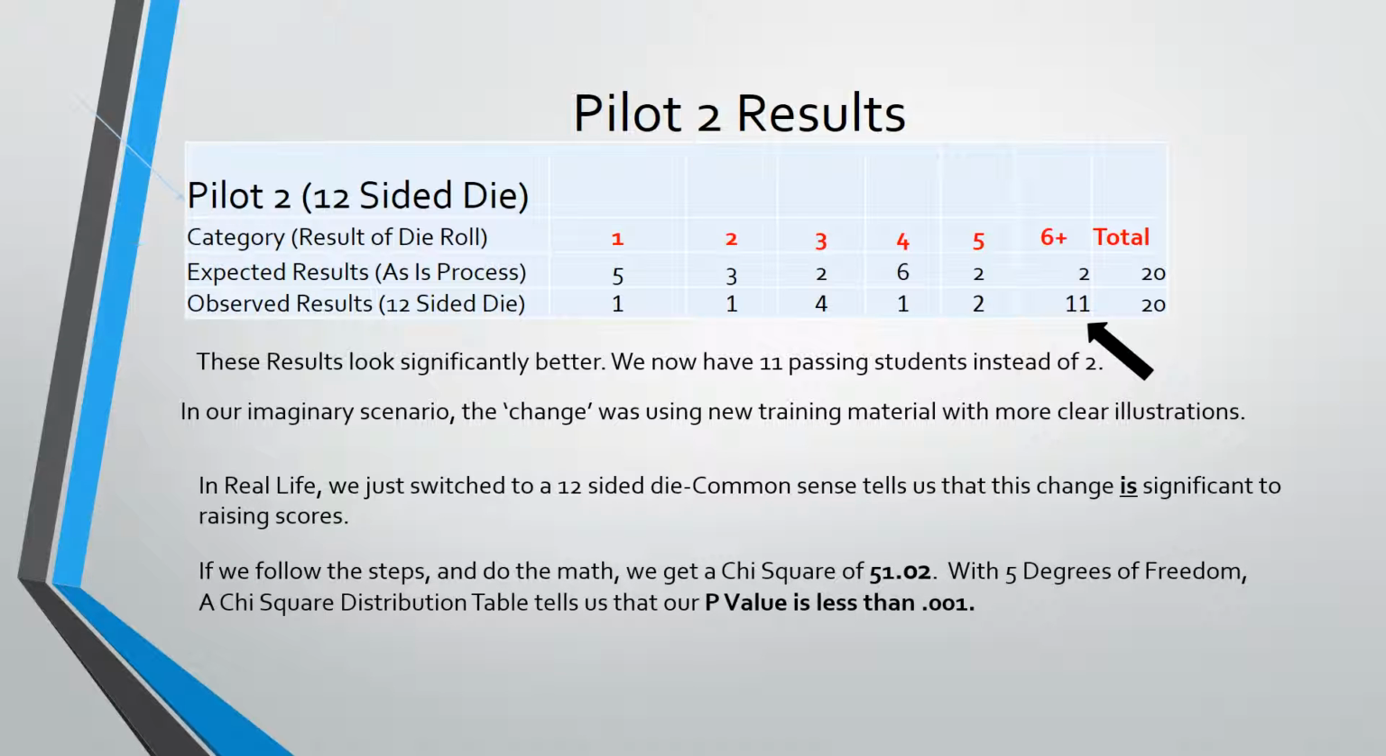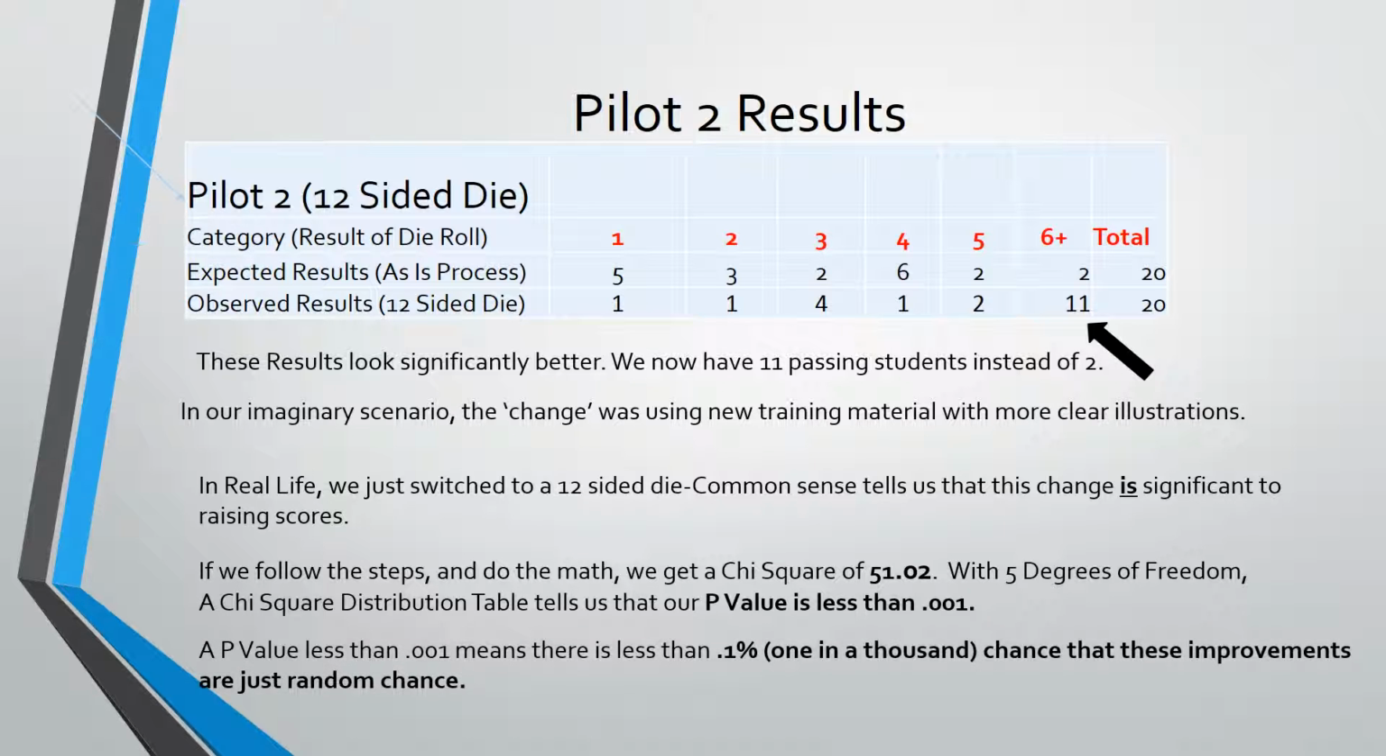But if we follow the steps and we do the math, we're going to get a chi-square value of 51.02. And with 5 degrees of freedom, a distribution table will tell us that our p-value is less than 0.001. So what does that mean? A p-value that is less than 0.001